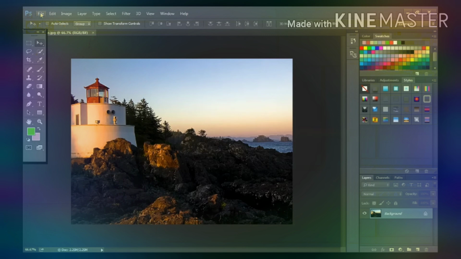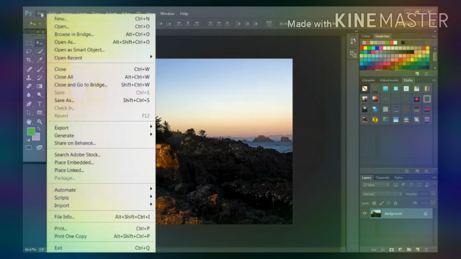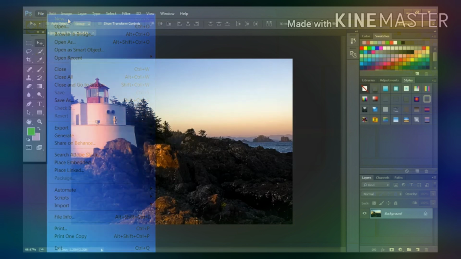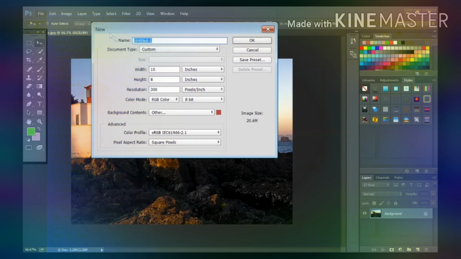Now next is how you can create a new file. To create a new file, first click on the File tab, and the shortcut key for a new file is Ctrl+N. Click on it. From this dialog box we can select the desired properties, and first is to give the desired name.